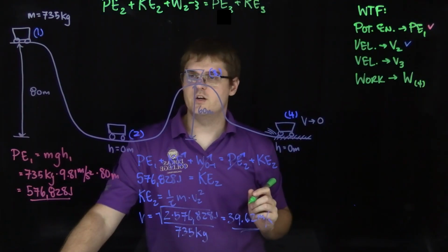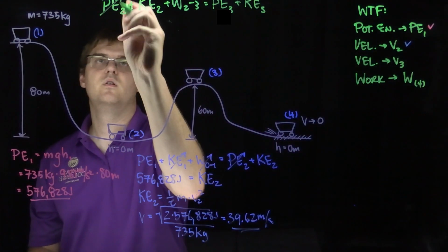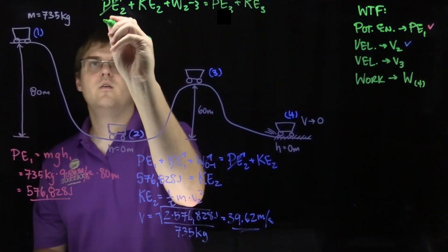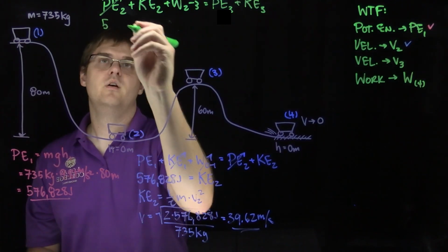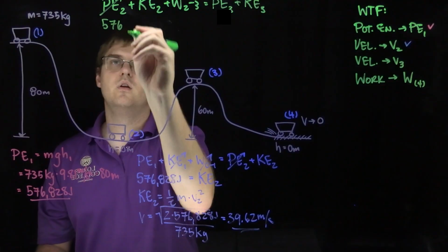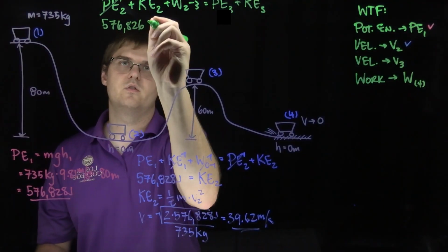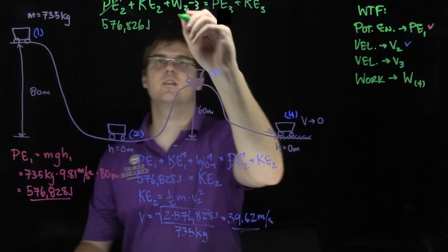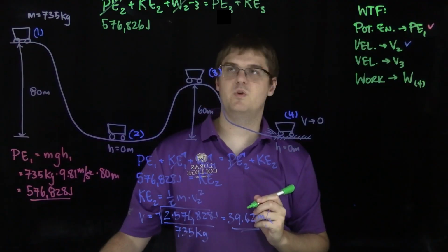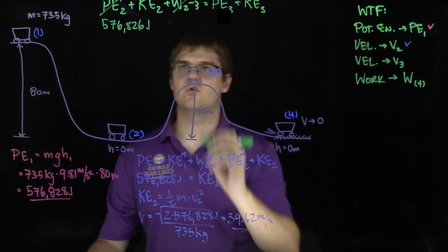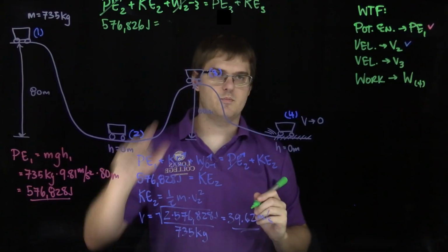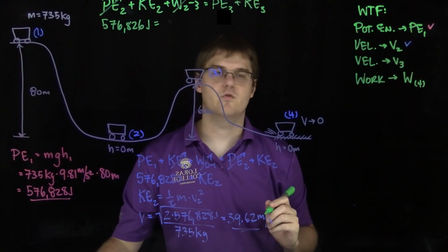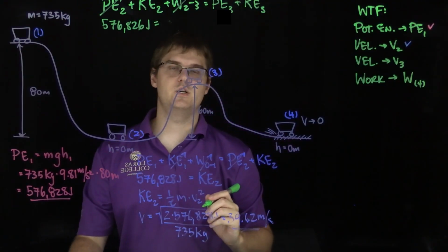Okay. Potential energy at 2 is 0. Kinetic energy at 2 is 576,826 joules. Work between 2 and 3: we're not told about any friction or anything that's happening between 2 and 3, so that must be 0. Potential energy at 3. This guy I'm going to have to drop down because this little white square is something I cannot record in that area of the camera for some reason. So potential energy at 3 is going to be